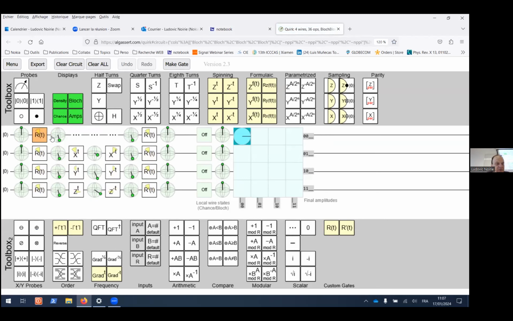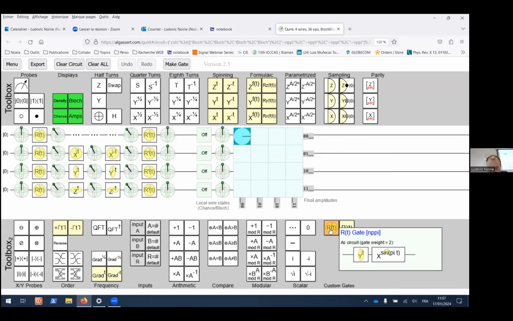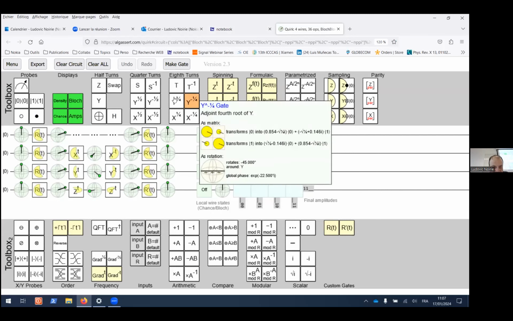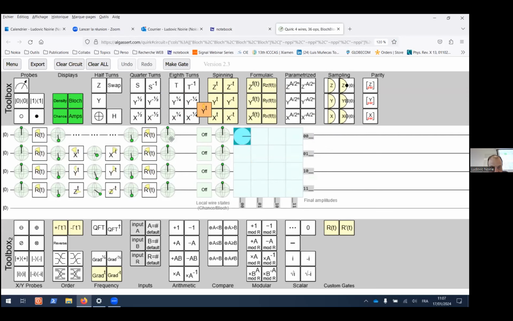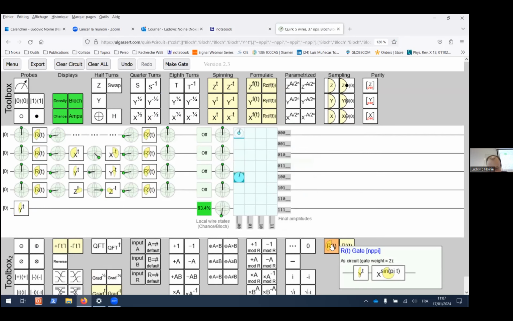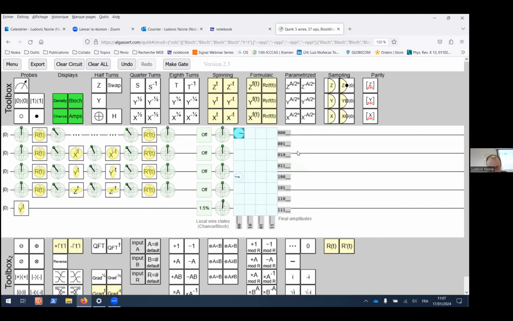And how can we obtain this pseudo-random? So this is the gate R of t, which is made. So I made some gate by myself. This is the application of the gate y to the power of t, and x to the power sine of pi t. So how do I do that? I say y to the power of t, I will show you how to do it with square, and then x to the power sine of pi t.